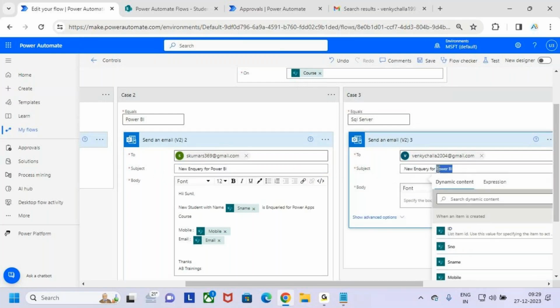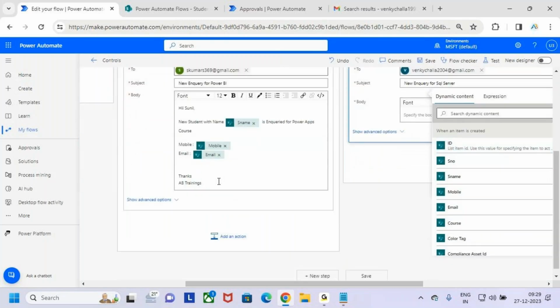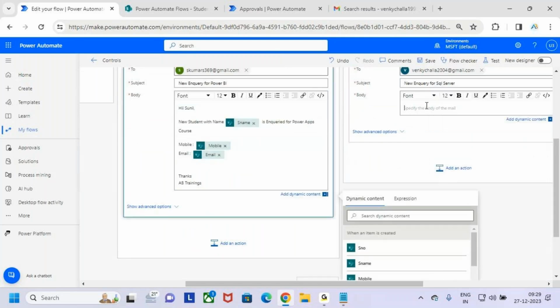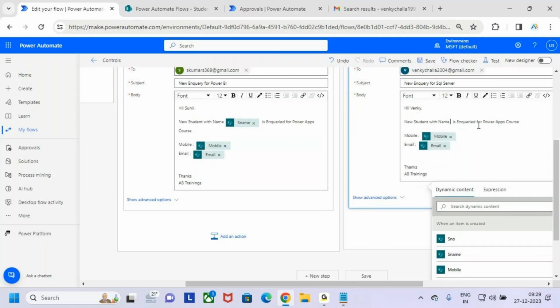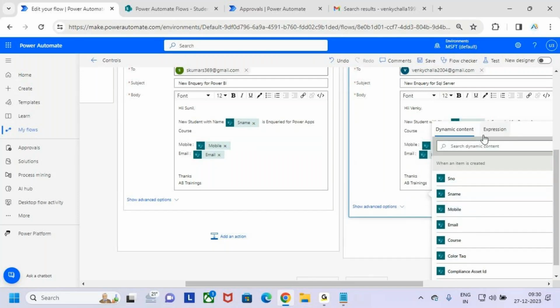But what is the course name here? The course name is SQL Server. And what's the body? Same body, guys. Let me copy and paste. Hi Venki, a student with the name, whatever the name of that student who inquired, a student with the name is inquired for the